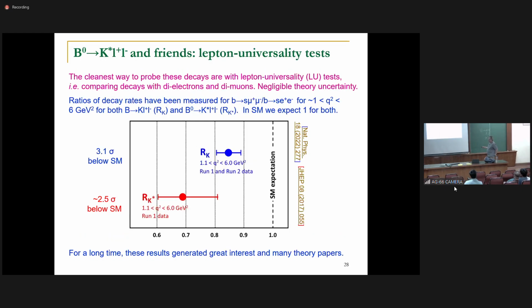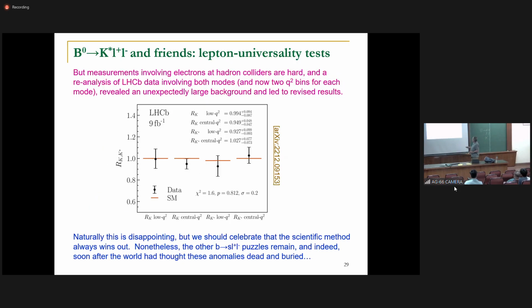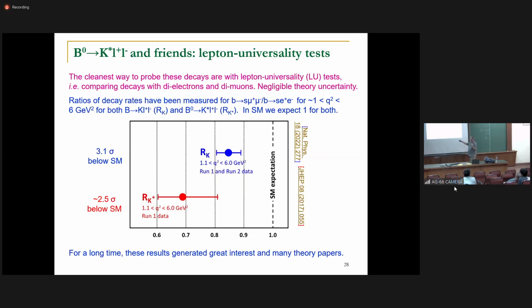No, I was an author, and well, people will say there's some statistics in here as well, but it was a screw up. There was a background: the rate of certain hadronic backgrounds where the hadrons were misidentified as electrons. That was driving this. Okay, there are additional things on top, but